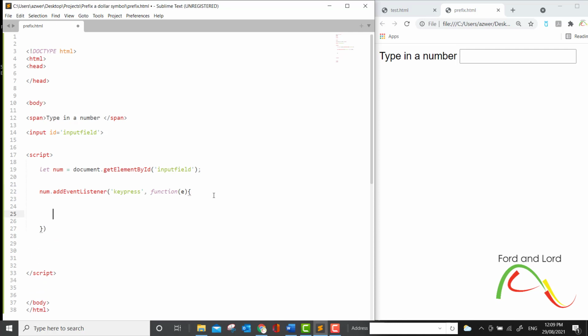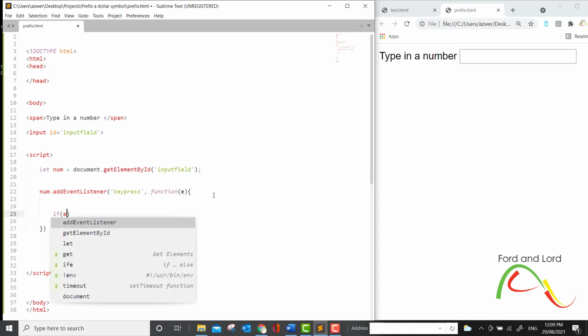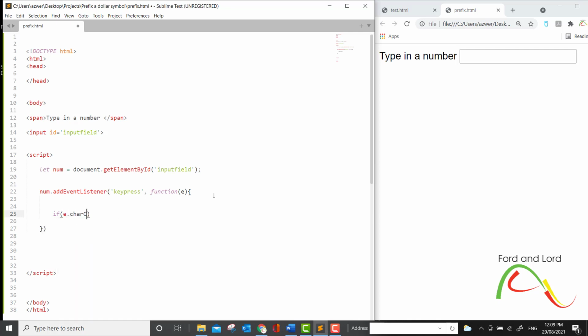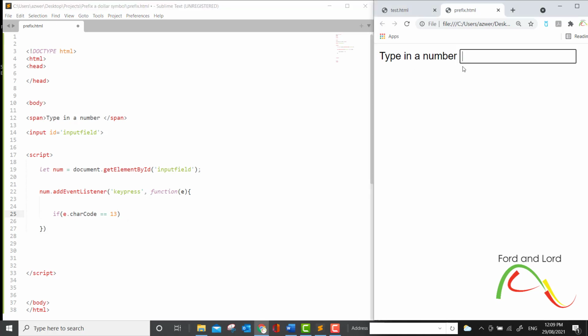And I want to say if e.charCode is equal to 13. So I'm saying if the key pressed is the enter key. All right, so when a key is pressed and that key is the enter key, what happens then?